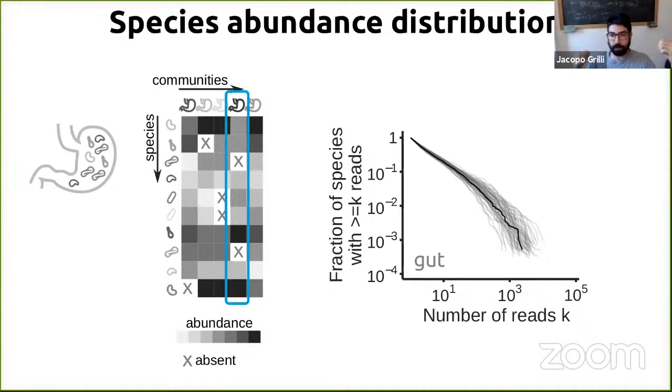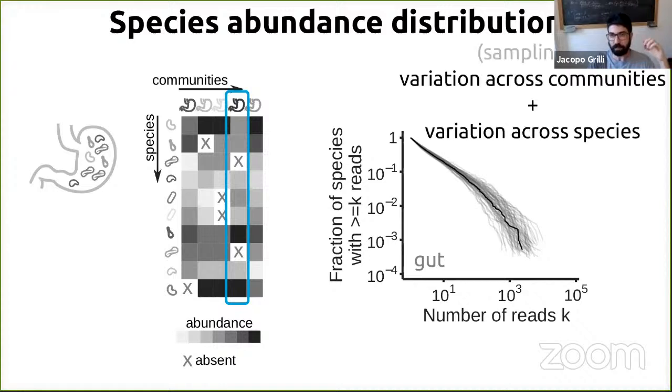And the important point I want to make, so this is very much studied. This is studied from microbes to tropical forests. Now, there is one point that I think is not well discussed, which is that there are three sources of variation determining this pattern. One is actually very well studied, which is the effect of sampling. We are still sampling a finite number of individuals, but there are two different sources of variation that both contribute to the variation in species abundance distribution.